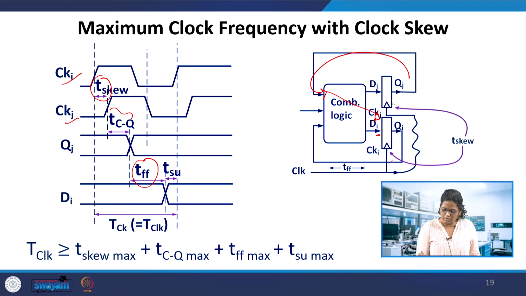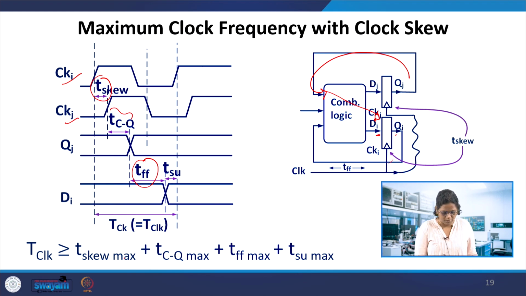So whether you move it through this way to here, considering this setup time over here, that is from DI to the clock of this clock, how much time, that is the setup time. So this clock duration is this. Now how is the clock duration decided? This is skew plus the clock to Q delay of the jth flip-flop, and the flip-flop to flip-flop delay, and then the setup time of the other one.